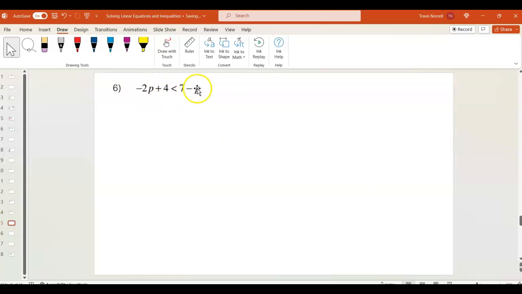All right, what happens if we have a variable on both sides? Move it. I notice that this p is negative and this p is negative, but this p is larger. So if I move the larger negative one over here to the right, it should make it positive. This is a negative 2p, so if I add 2p to both sides,